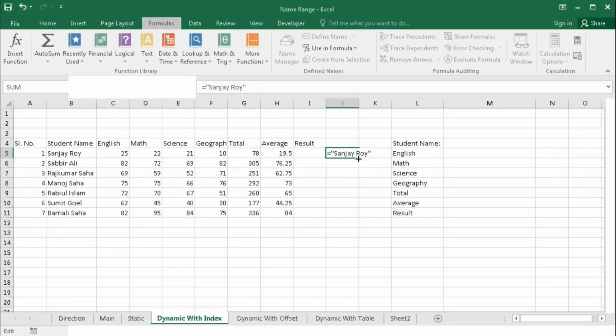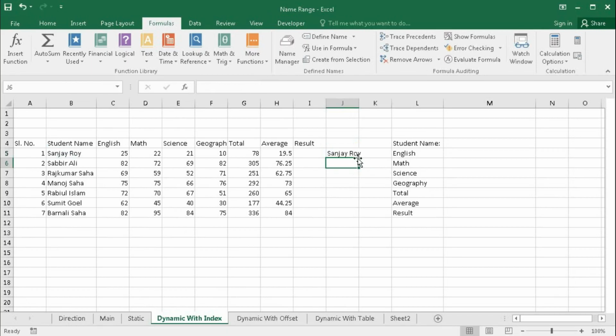Press enter. Now we'll create a range of cell references. We will do it in the same way, equal to B5 colon, delete the second reference, then type INDEX, and in the array we will select a range of cells within which we want to create our dynamic range.